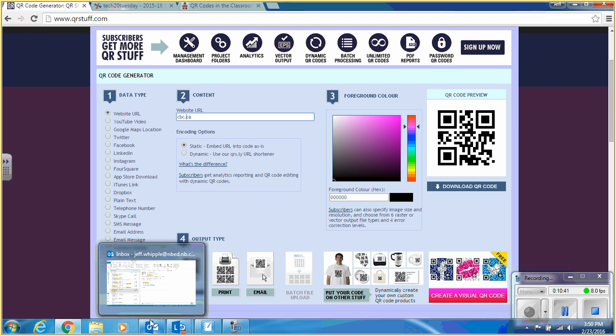Scavenger hunts, parent nights, virtual tours, arts. So you put pieces of art around your school made by students or by others, and you can put little QR codes beside them so that students or parents or other people who are in your building can actually